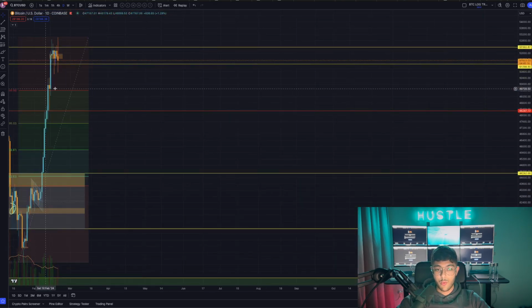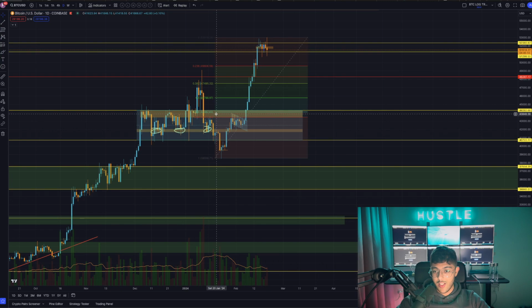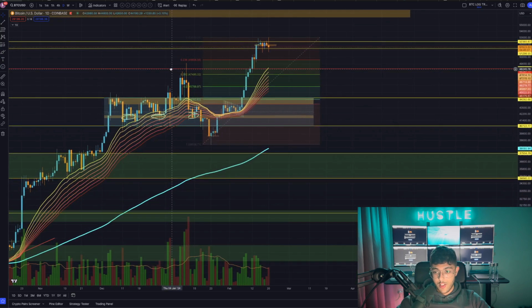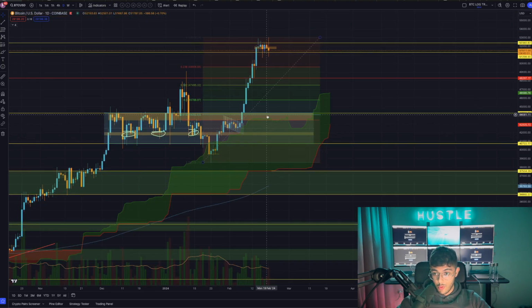If we take a look at this with the Fibonacci retracement, like I said, we've got that 618 retracement right here off this low up to today's high. And if we look at this on the EMA ribbon, for example, we don't actually have support anymore. It has actually moved up, so that's quite aggressive. But of course, on the daily Ichimoku cloud, we've got ample support right in this range, which is absolutely fantastic, even going into March, toward the end of March, which is very interesting and very exciting for the